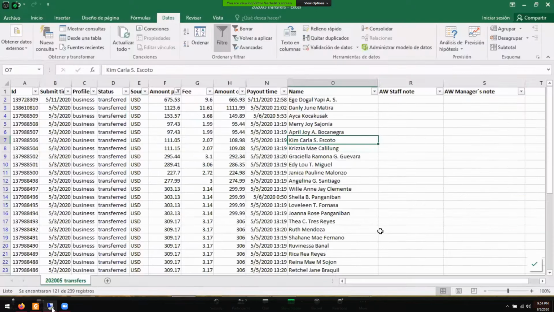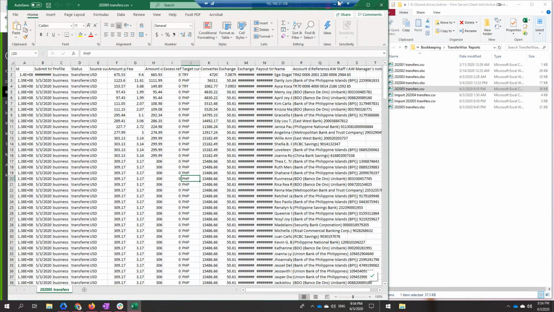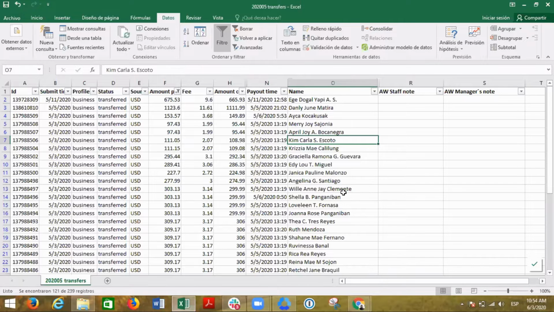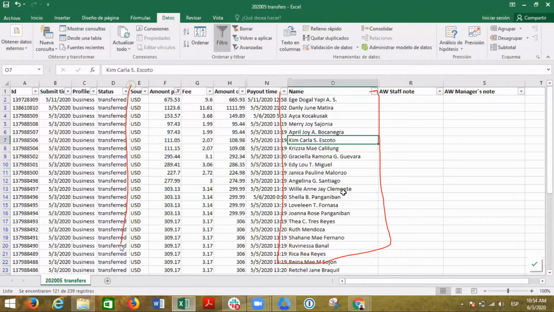Can you please open that? You see it? Let me see. Yeah, I can see it now. So you see here, in this file we have all these, these are the USD, but actually this is like